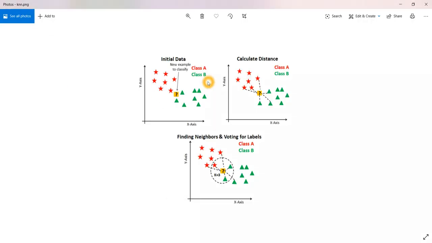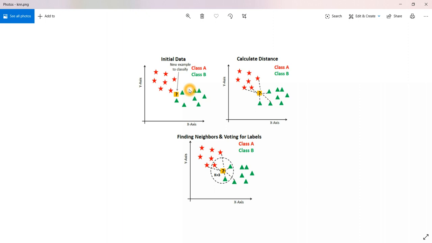So the KNN algorithm's work begins with this: this is data and this is also data. These two data are different, meaning this is one category of data and this is another category of data. Whenever we give a new data point here, the KNN algorithm has to predict whether this point belongs to this category or to this category. This is done by looking at the point's nearest neighbors.